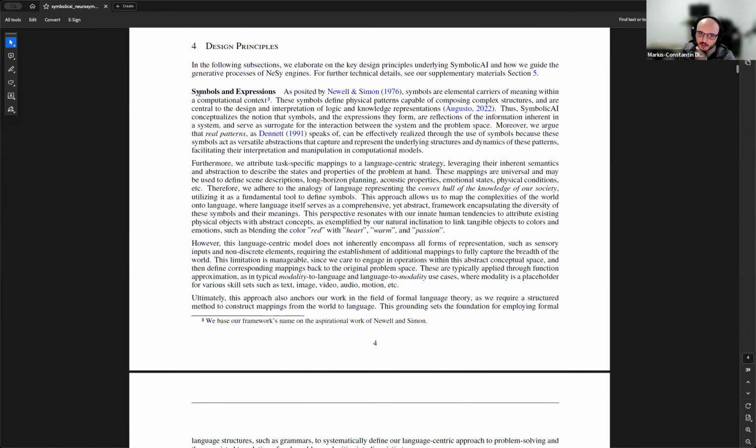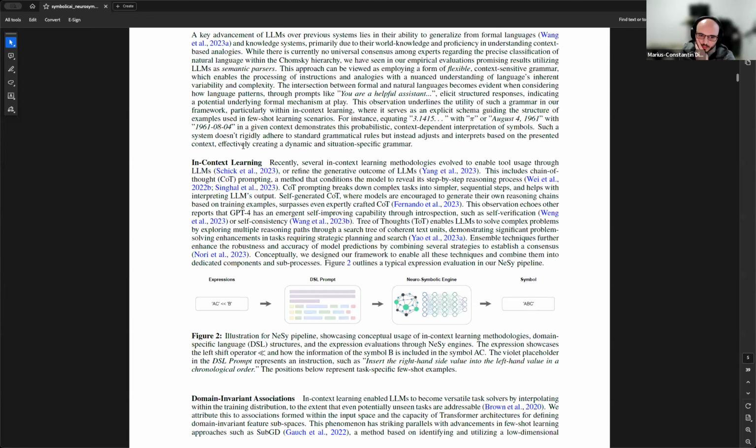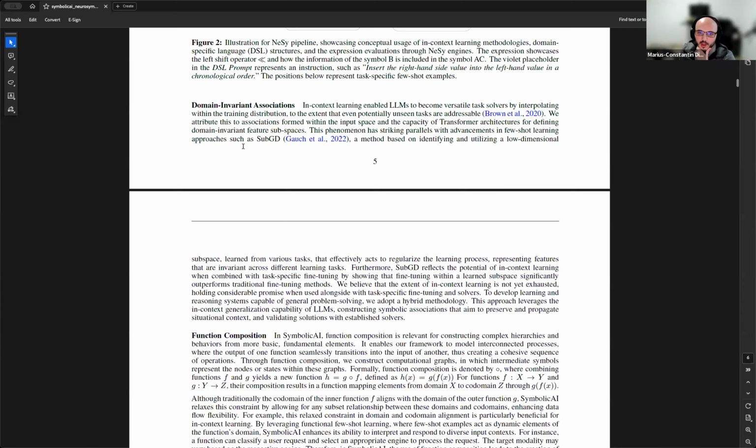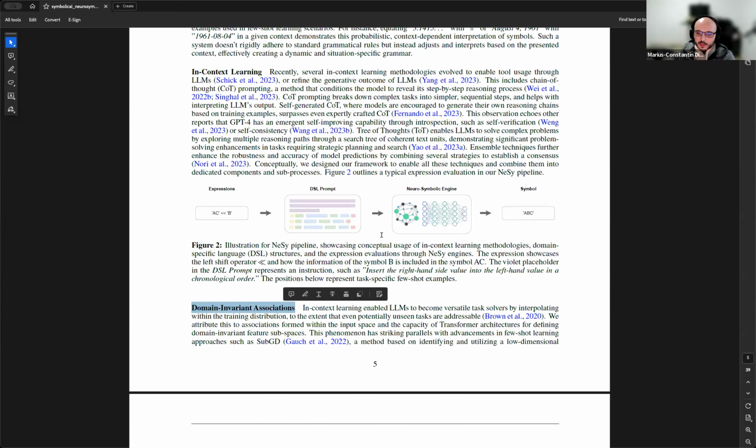If it's not, then there is exactly what we called here the in-context associations, or the domain invariant associations. What we can do is, let's say you have a language that you're grounded in and the model knows about, SQL for instance. And now you might have your own language that the model has never seen before because you just developed it.